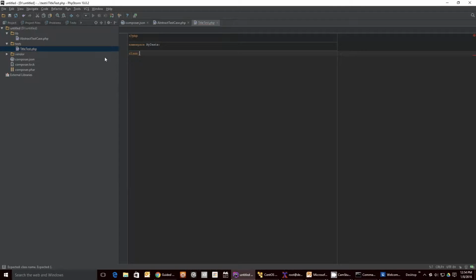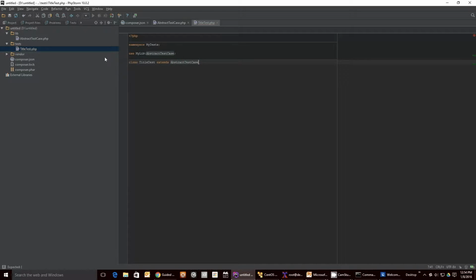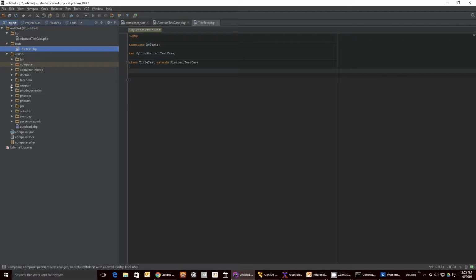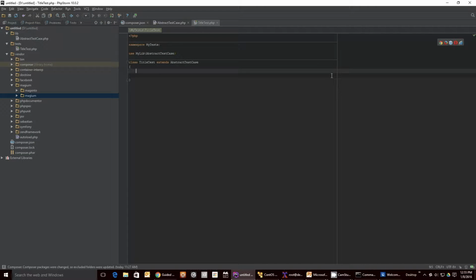Going to give it the class name title test, which extends abstract test case from my lib. We're going to create a new test method here that is going to make sure that we actually get to the page and do an assertion on the title. We'll do public function test title,